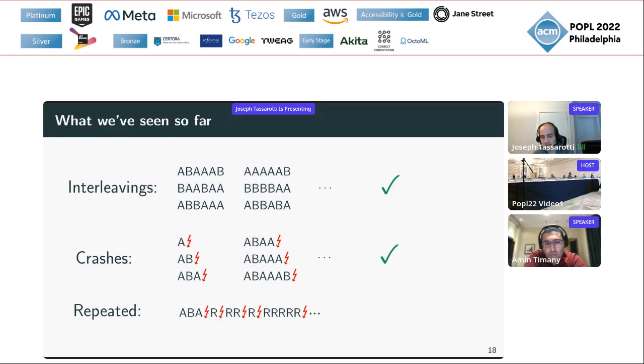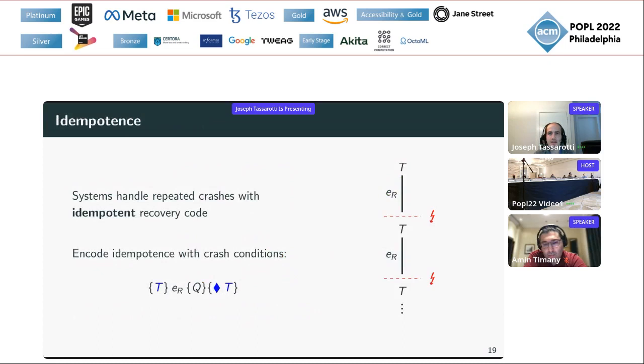So the way we're going to address that is, we'll start by thinking about how it is, after all, that system developers manage to get recovery code to work. The idea is that they design their recovery procedures to be idempotent. What I mean by that is they make it so that rerunning the recovery procedure an arbitrary number of times is fine to do and always brings you back to the same state. And in particular, if you're interrupted in the middle, then it's safe to just keep rerunning it.